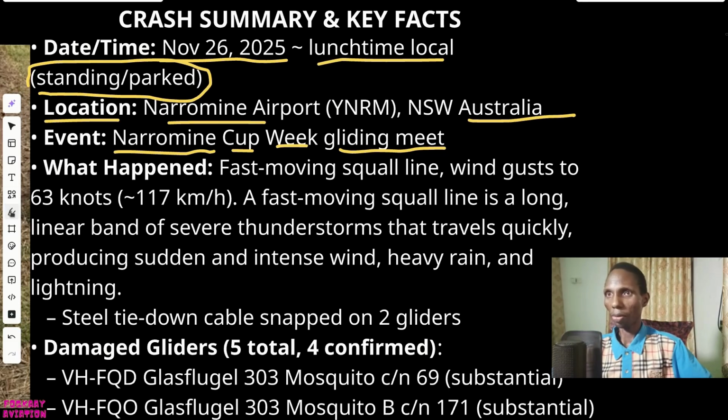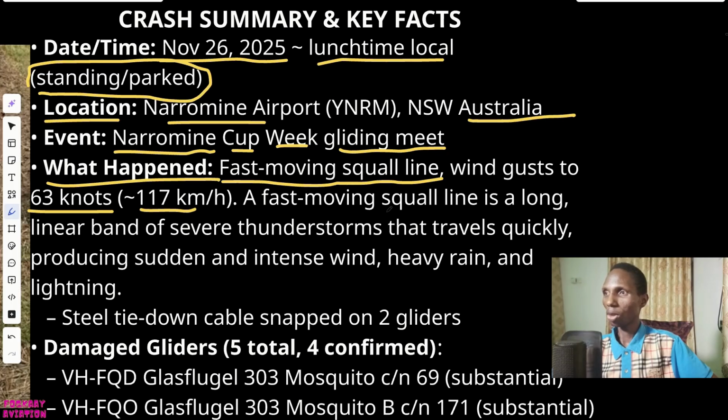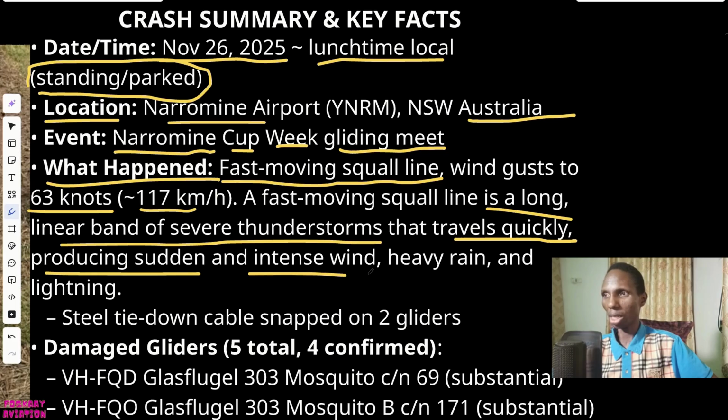So what really happened, according to some sources I got online, was that there was a fast moving squall line, with wind gusts up to 63 knots, about 117 kilometers per hour. A fast moving squall line is a long linear band of severe thunderstorm that travels quickly, producing sudden and intense wind, heavy rain and lightning.